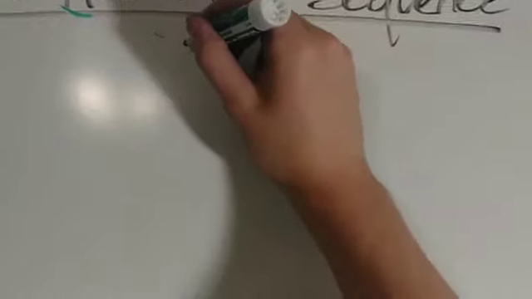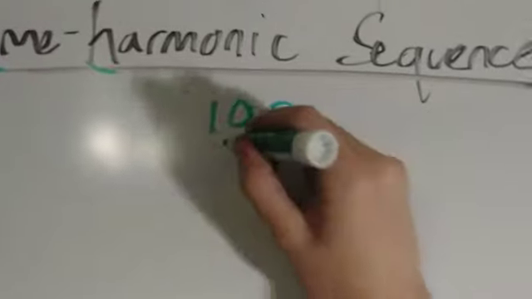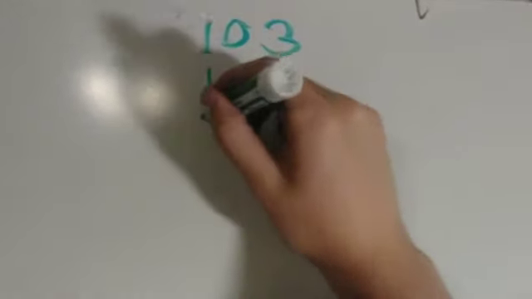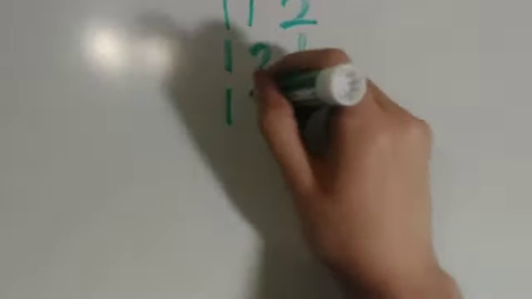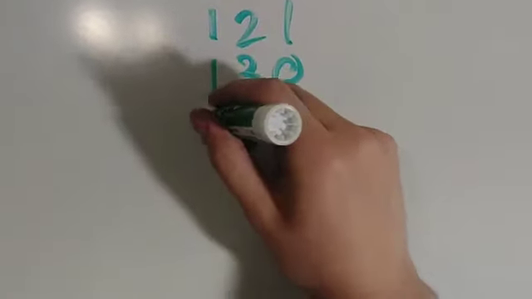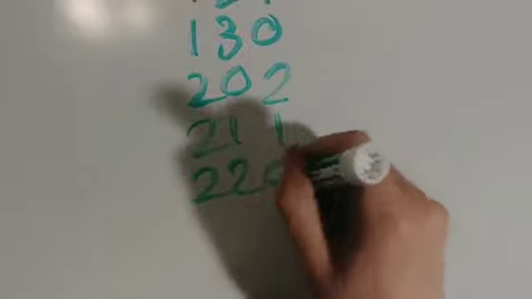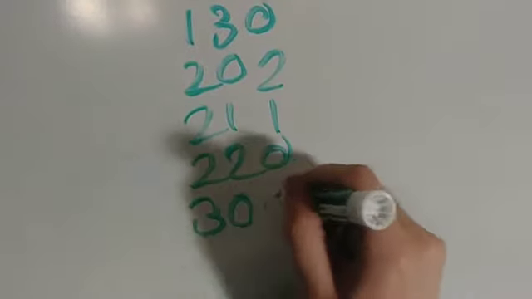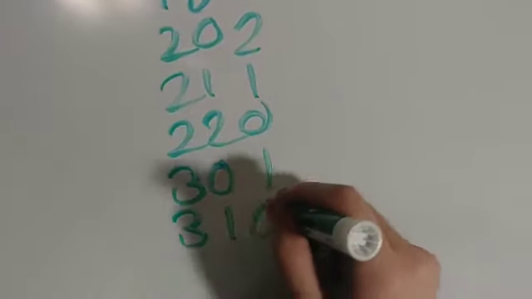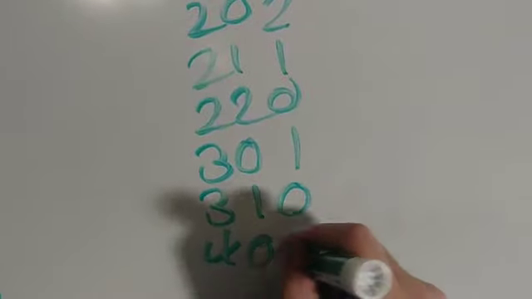Start over here: 103, 112, 121, 130, 202, 211, 220, 301, 310, 400, and then we go up 1,